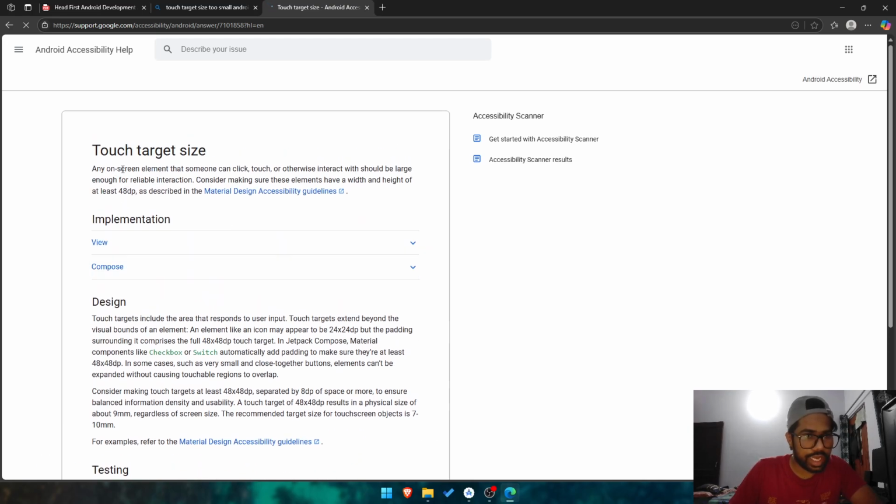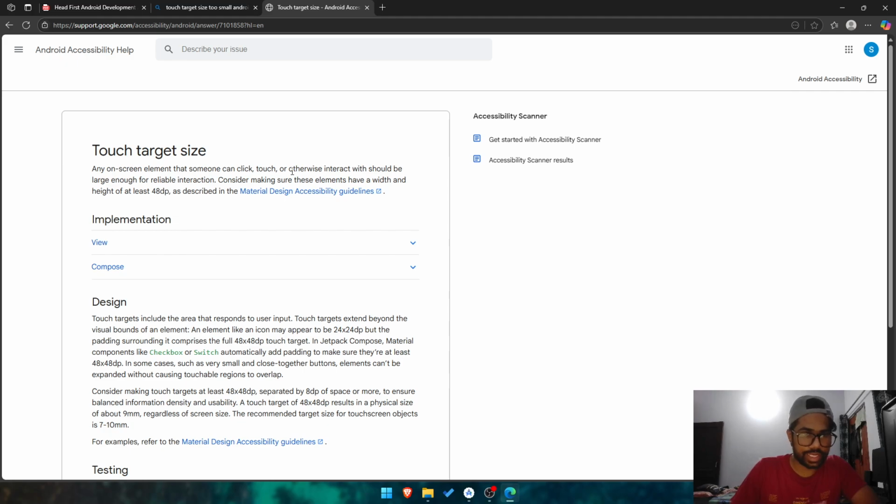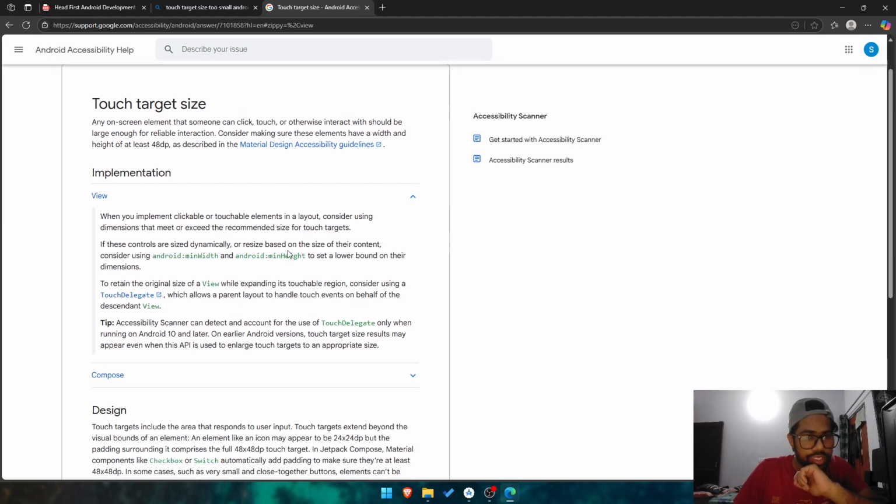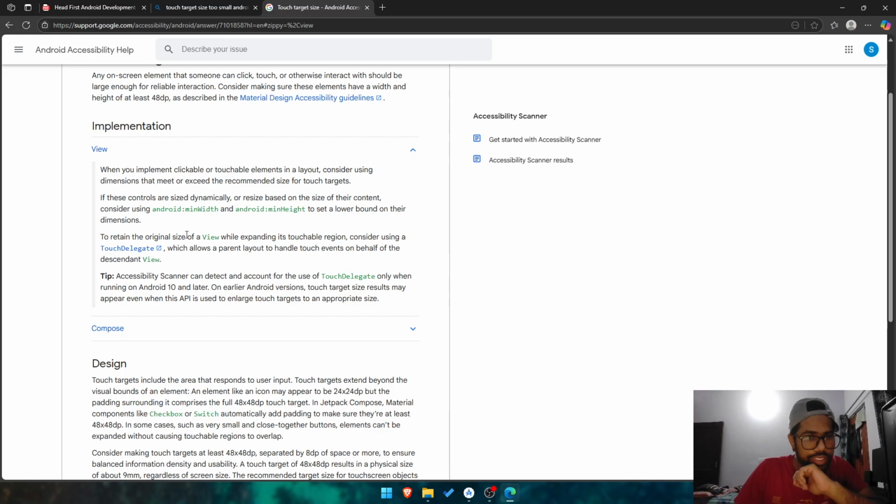Any on-screen element that someone can click should be large enough for reliable touch. Consider making sure that these elements have a width and height of at least 48 dp. When you implement clickable or touchable elements in the layout, consider using dimensions that meet or exceed the recommended size for touch objects. If these controls size dynamically based on their content, consider using min width and min height to set a lower bound on their dimension. To retain the original size,